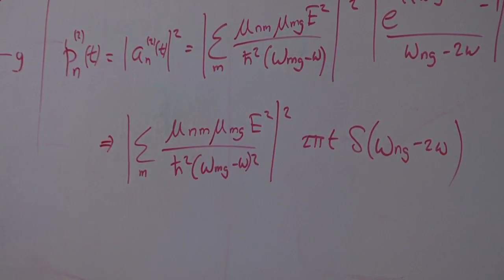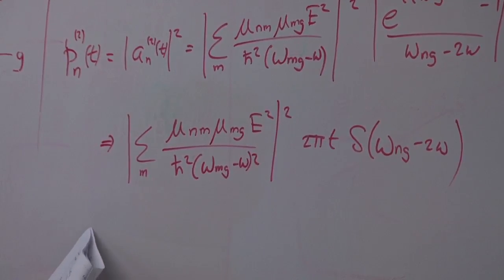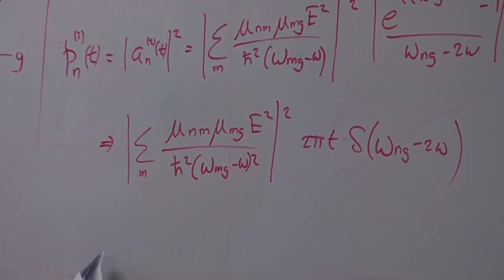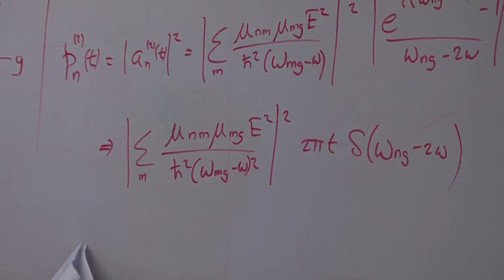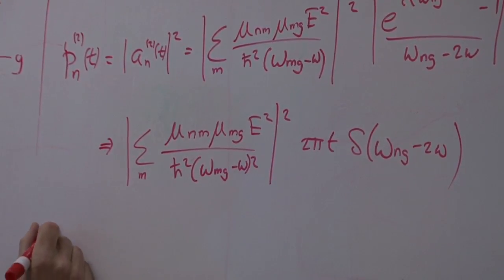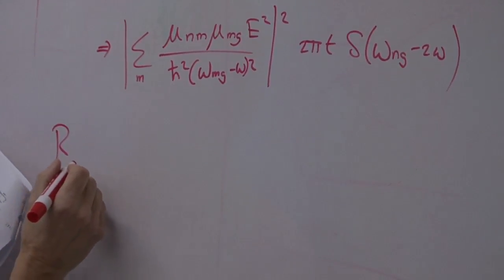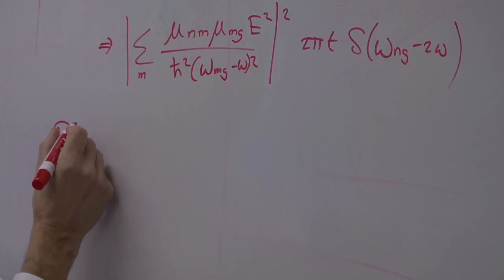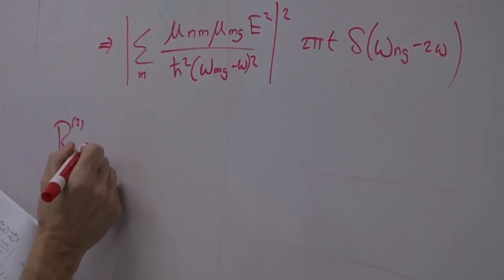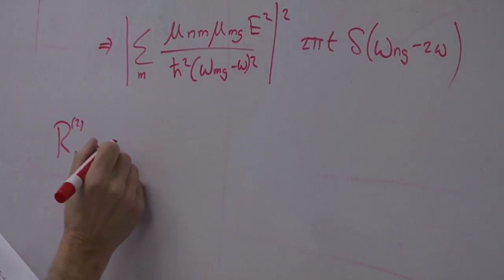We couldn't. So we now define the transition rate in going from level G to level N to second order in perturbation theory as the